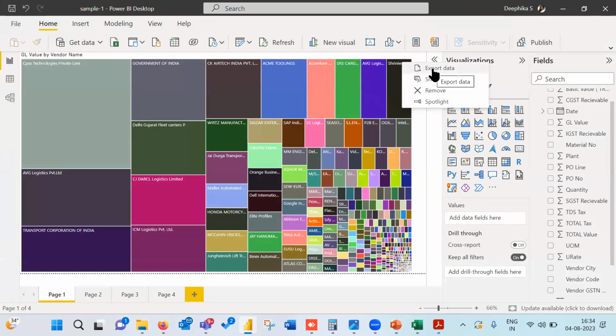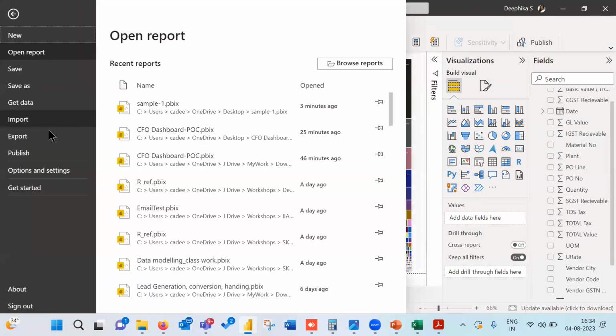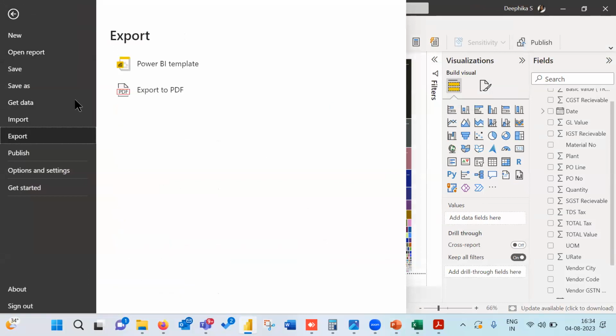If you want to export the chart, we can export file, export as PDF. If you want to do it as PPT, we need to publish. When you publish, the data will be uploaded to Power BI Cloud, like once you save a photo into the gallery, how it is syncing with Google Photos. Like that, this is syncing to Power BI Cloud once I give publish. Whatever is in your Power BI Cloud, you can access from across locations. And the main thing is you can export directly to PPT, each dashboard.